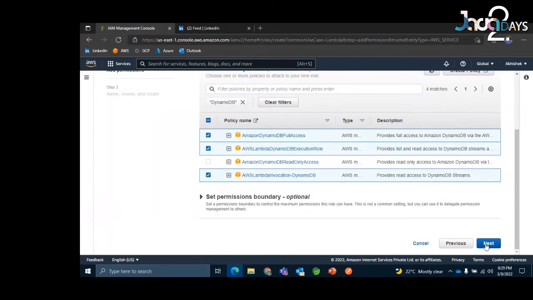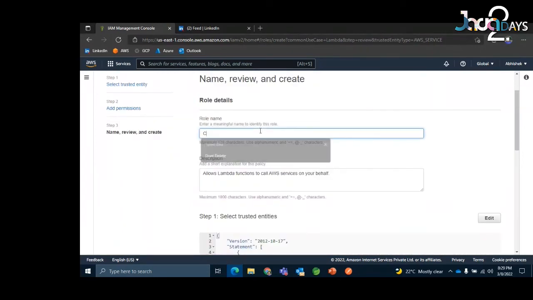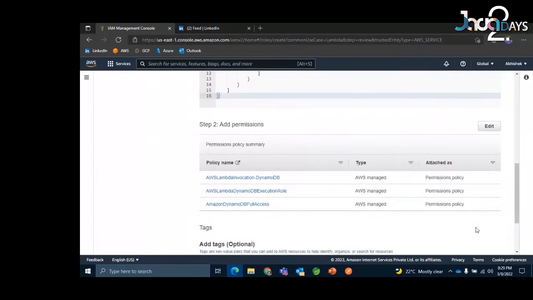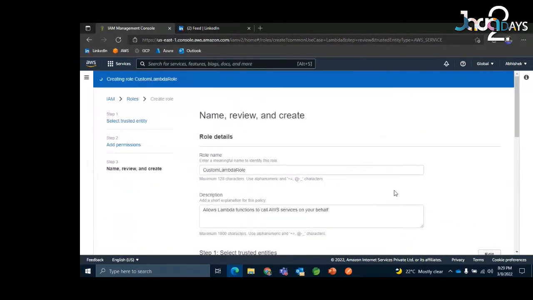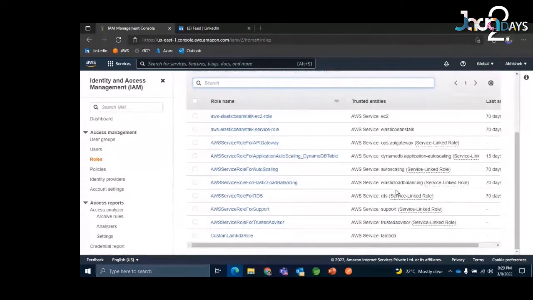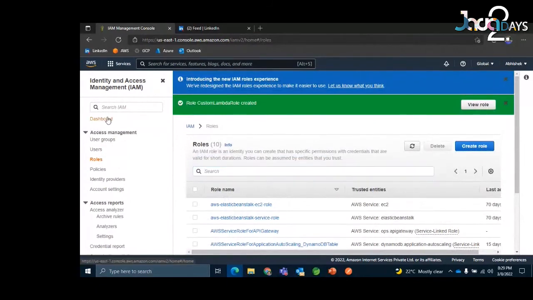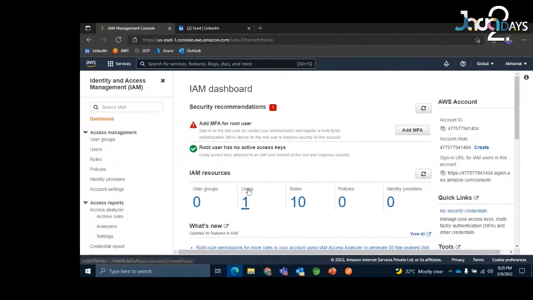So I'll say next, and I'll call it by any name, it doesn't matter as much. Lambda role, and there I'll say create role. Our role is created. So you see now I have 10 roles and one user. So my IAM part is done.